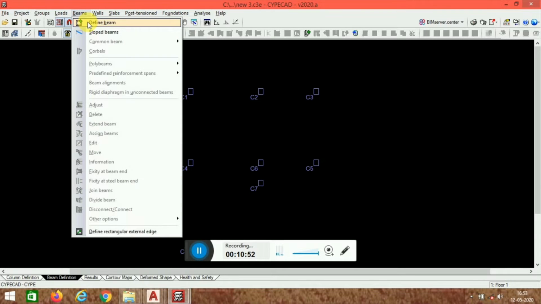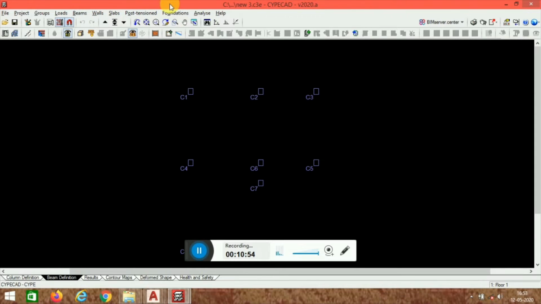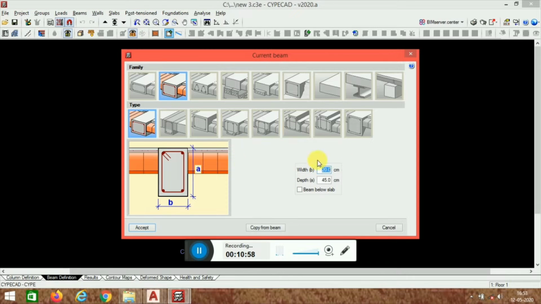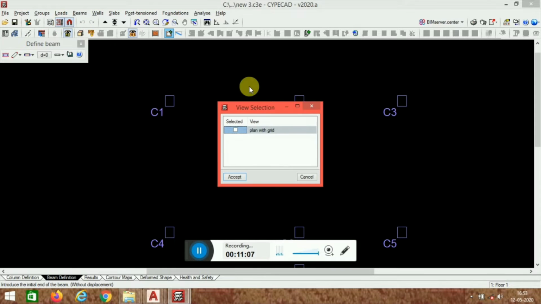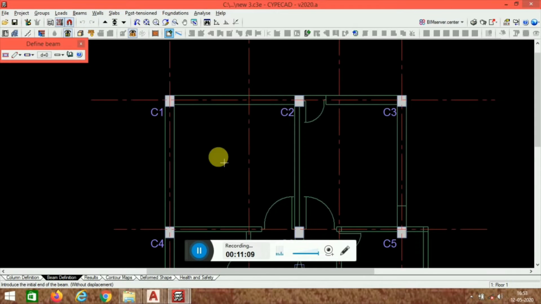We can define the beam from here also, or you can use the shortcut command. We have the beam option here. So I am going to use the dimension, that is 20 cm by 45 cm. I am going to accept this, and we can also do it on our plan. So on the plan,